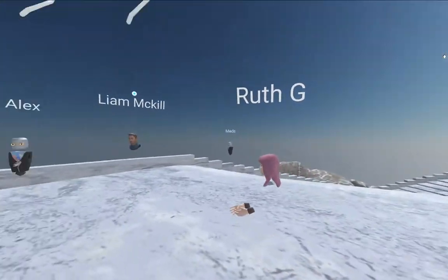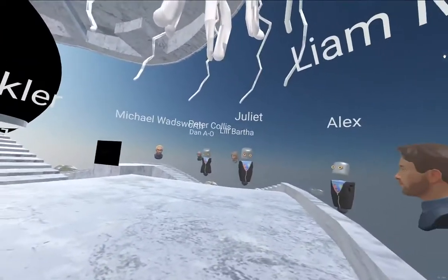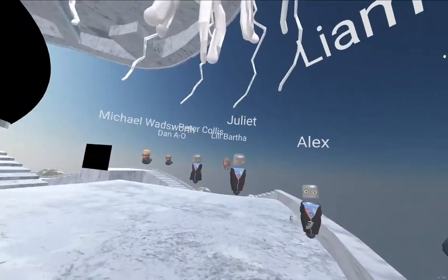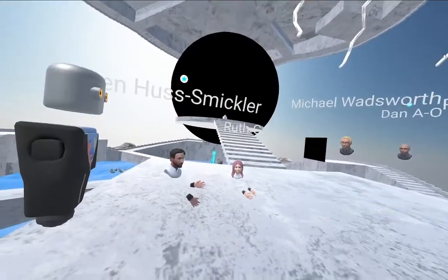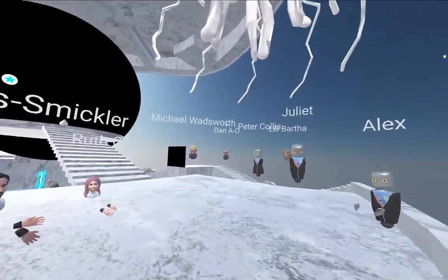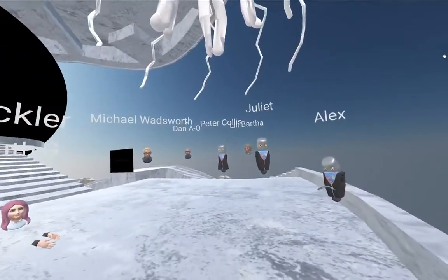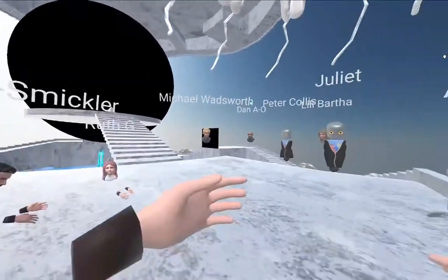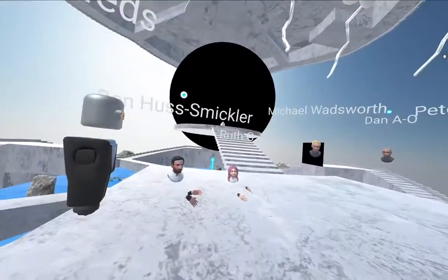Huddle, group huddle. Thank you so much for coming to the first Hedonist meetup. I thought it was a little bit peculiar, as all immersive people, that we hadn't all met up in VR because we are the professionals. We are the ones who are leading in the space, and I thought we should definitely have a meetup. So Hubs was chosen because it's so accessible, and I know that some of us don't have access to a VR headset. And this is a way for people on phones and tablets and computers to all meet with people in VR. The only benefit with VR people is we've got hands, so we're probably a little bit more